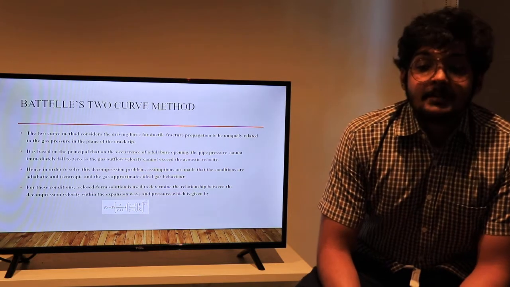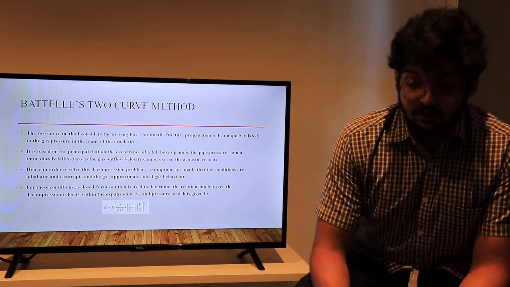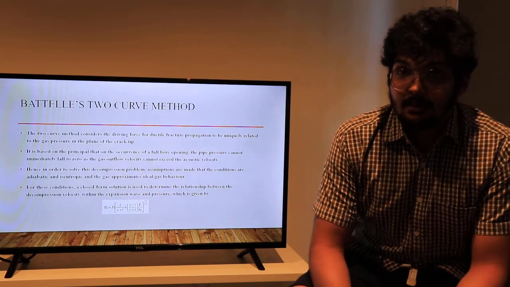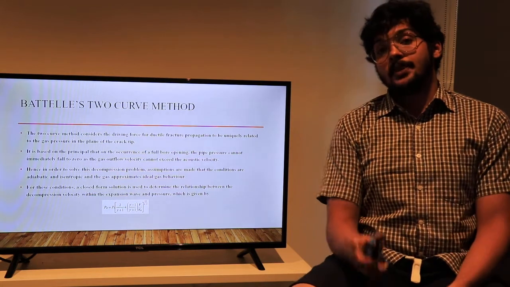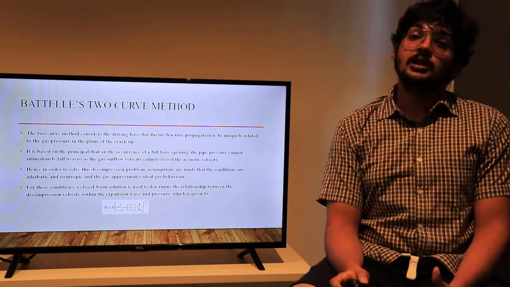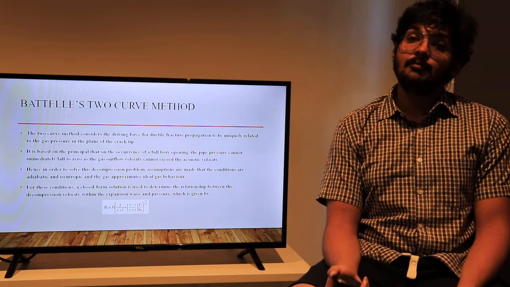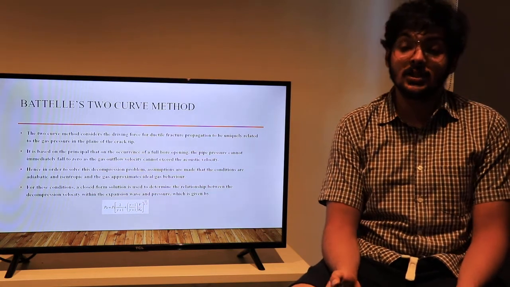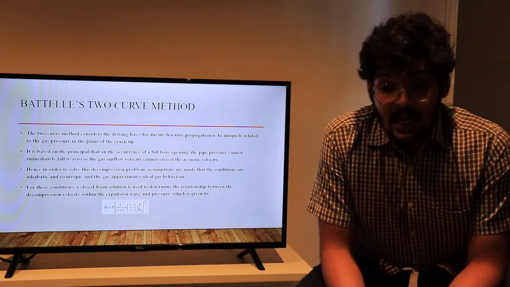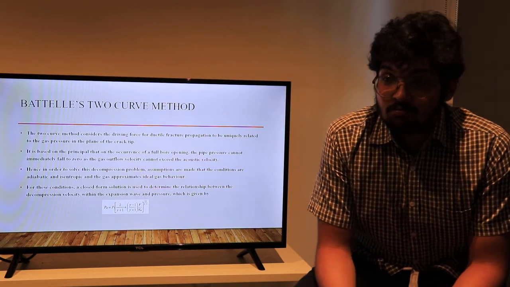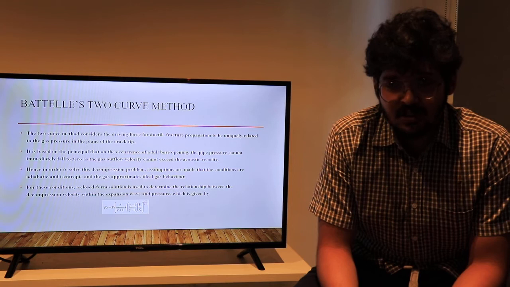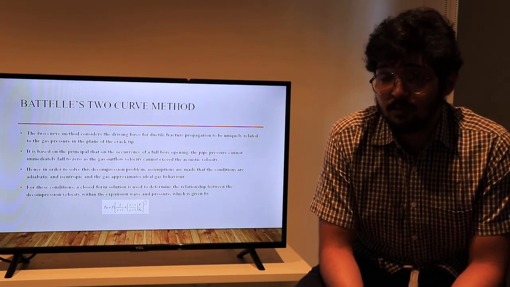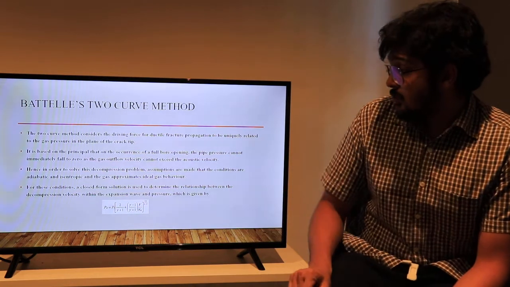It is based on the principle that on the occurrence of the full bore opening in a pipeline, the internal pressure does not immediately drop to zero, as the gas escape velocity cannot exceed the acoustic velocity. Hence, in order to determine the decompression velocity, Buttle came up with a closed form solution